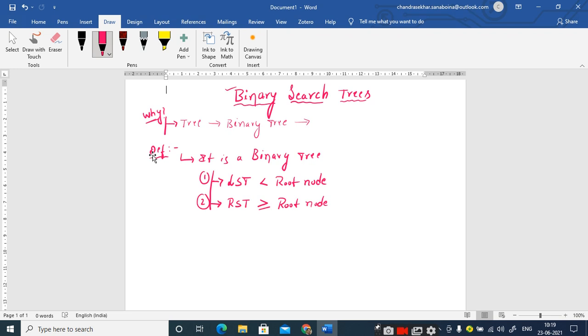But take my word that linked list is a very important concept you should concentrate on, right? As a computer science student, you should be very well versed with linked list programming.